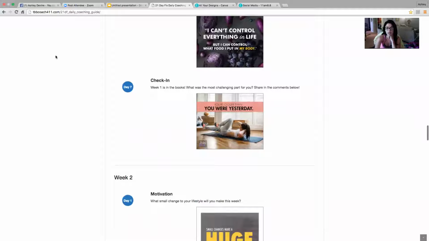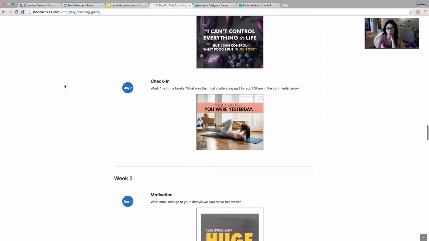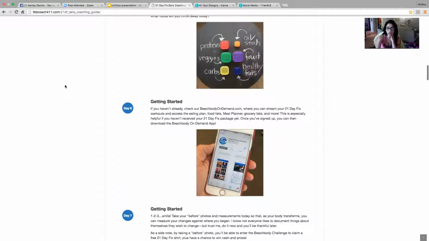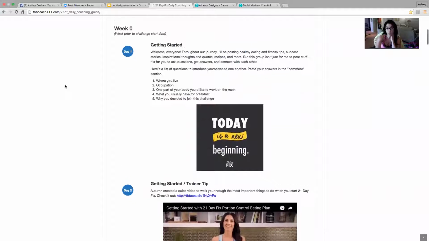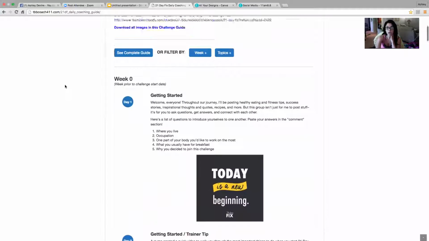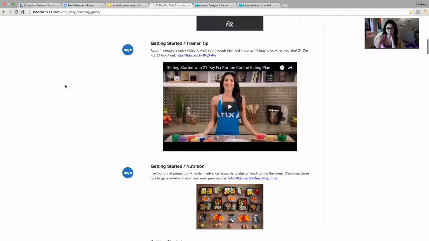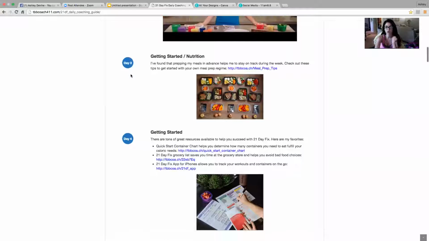You can even take a couple of hours, maybe an hour or two. I don't even know if it will take that long. And create all your posts ahead of time and schedule them to post when you want them to post during the time of your group. I always like to add different things, like maybe different pictures, maybe a picture of my own, maybe change the wording around a little bit.